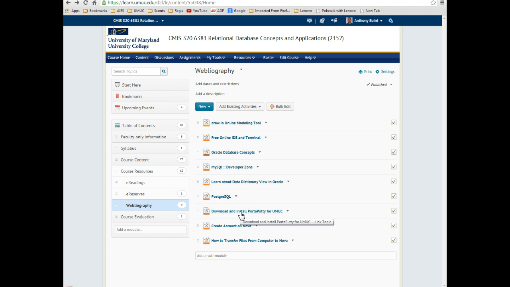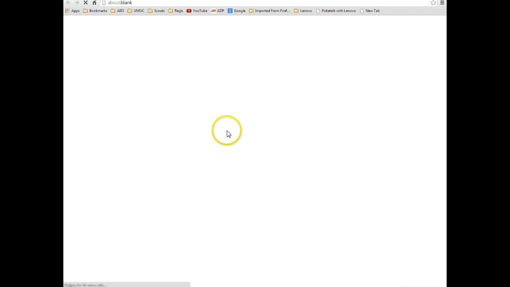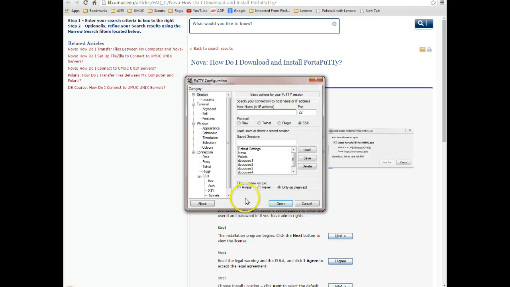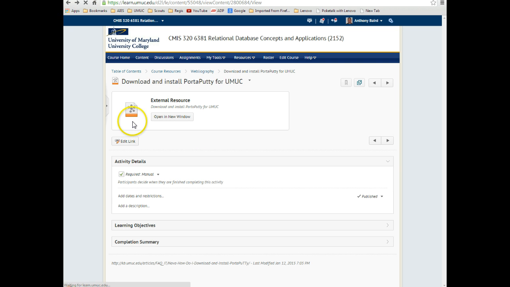So let's start at downloading and installing Porta-Putty for UMUC. All you need to do is download this utility, and it will bring up the Porta-Putty utility that connects directly to the UMUC server. So let's take a look at that. So this is what you get. When you double click on Nova, which is the server we're going to log into, that will open up another window to log into that server. But before we do that, let's go back to